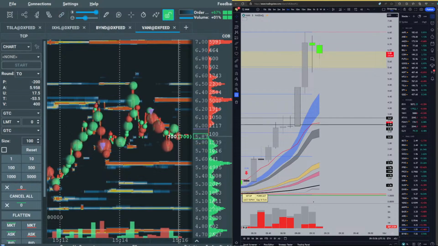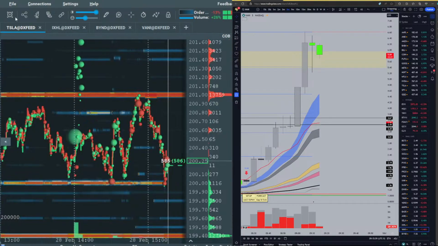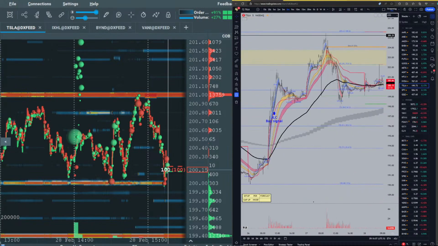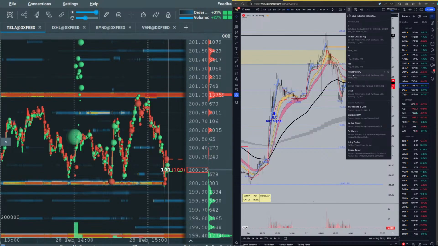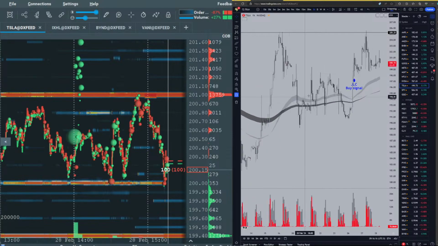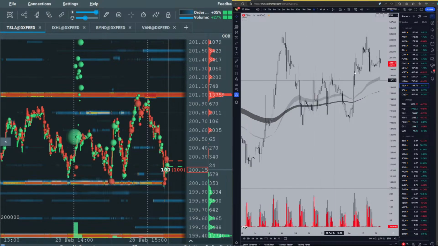Let's also dive 1 second into Tesla. And we have our Tesla for the day. We're going to put over here our hourly chart. And this we can cancel with the buy signal. Okay. So you can see that Tesla is inside this range. Okay, traders. So we're not really looking at this point to trade Tesla until we're going to have